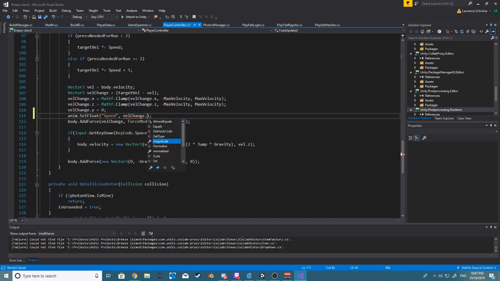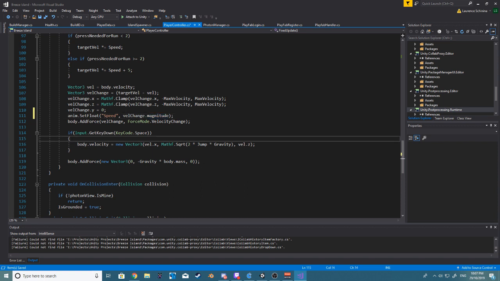And then we want to do dot magnitude. Might return a very large number though. Oh well, we'll see what it does. That should be fine though. And then for our jump,